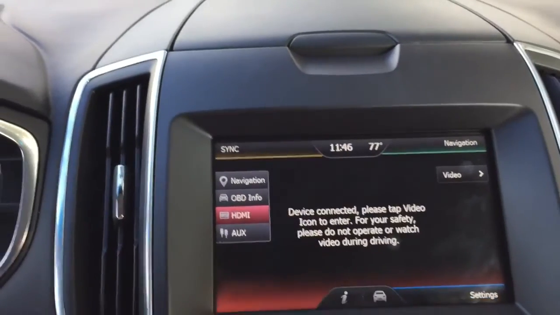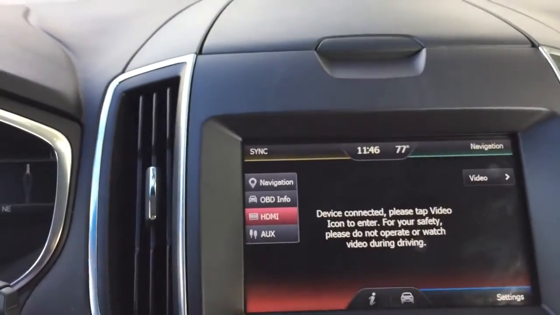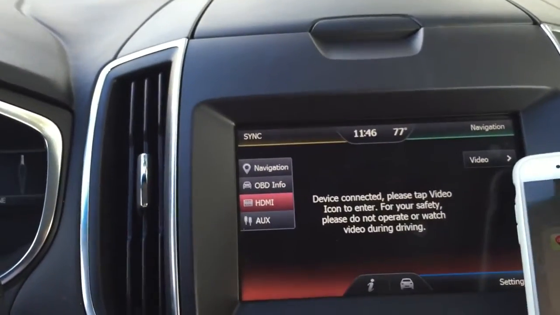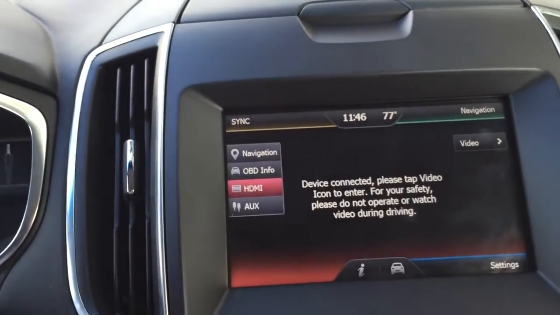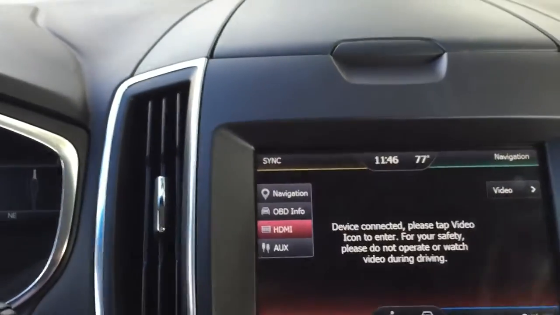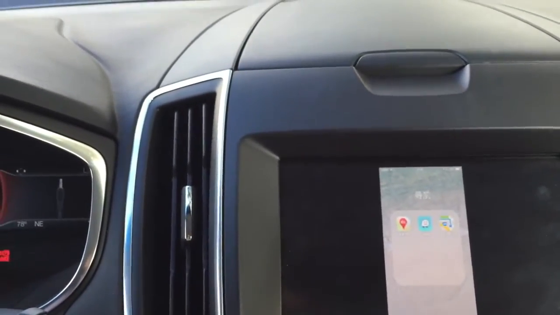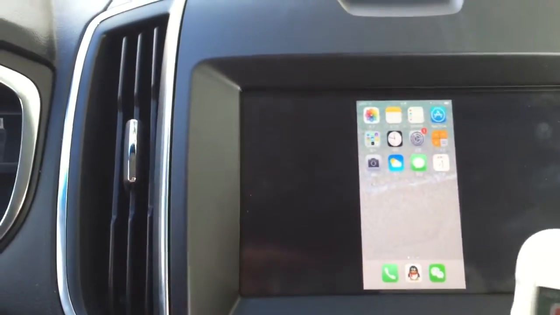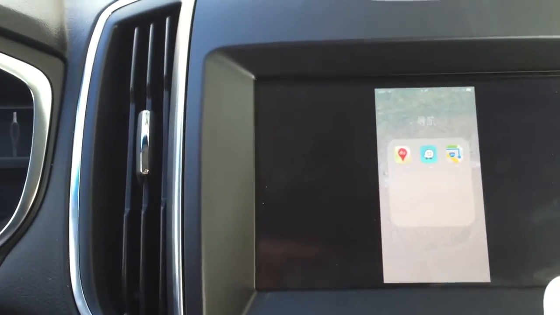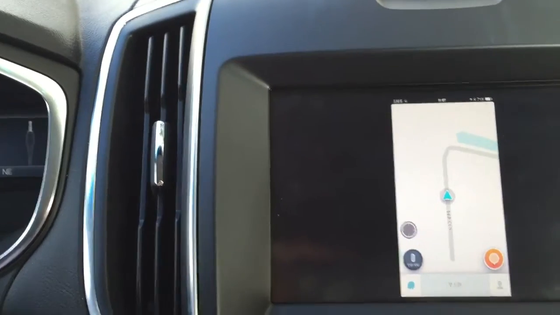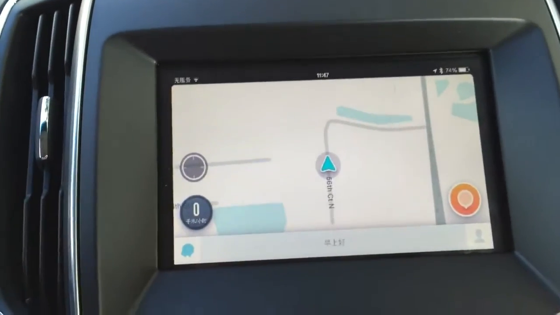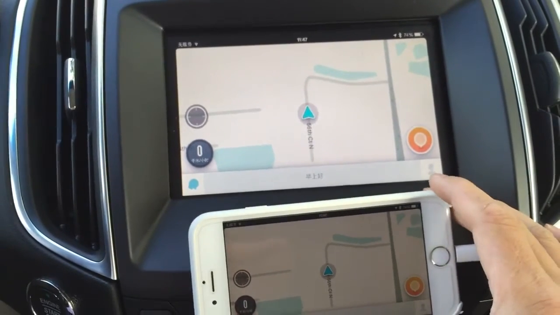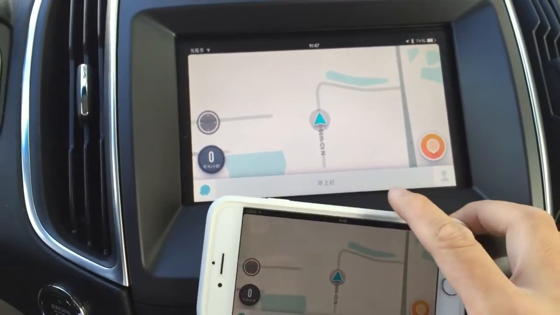So after I connected a cell phone to the system, it will light up this video icon here, and you can just click the new icon, and now you get access to your phone. So if I go to Waze, you can use Waze or Google Map or Apple Map. You can do landscape if the app supports landscape,